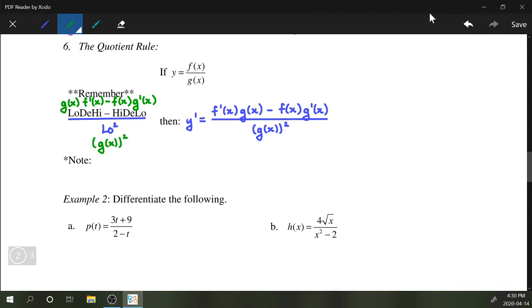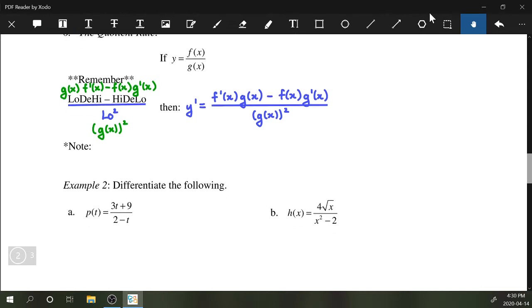So what we're going to do is go over a couple of questions where we use the quotient rule, and then there will be a couple of questions where we show you why we don't have to use the quotient rule. Okay, so before we go ahead and do that, there are some special cases. So for example,